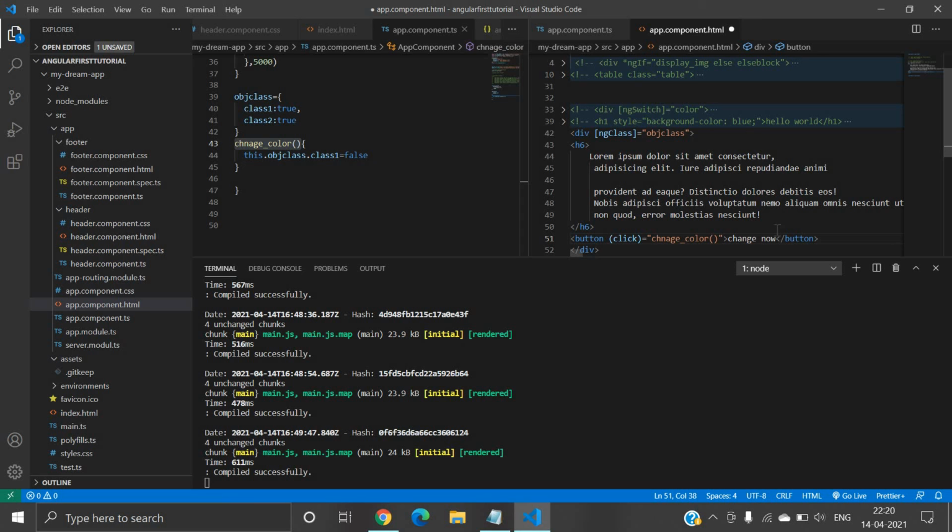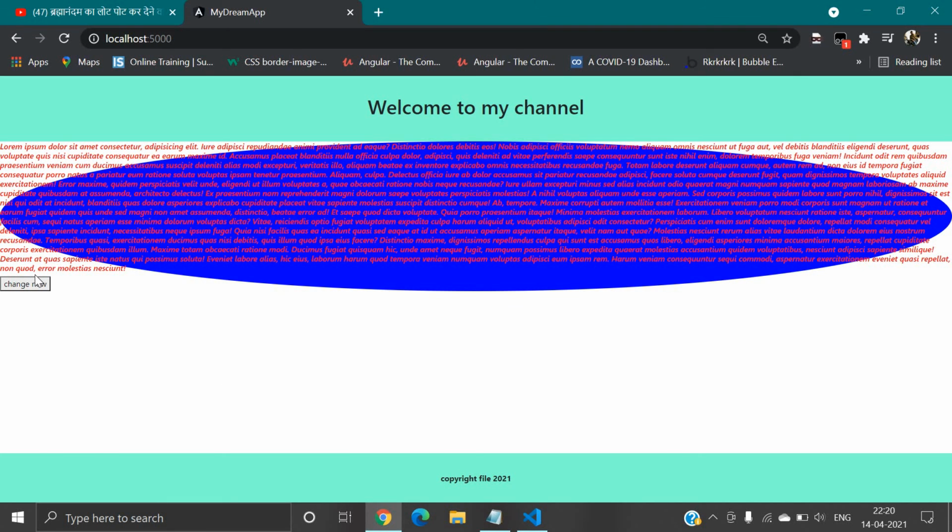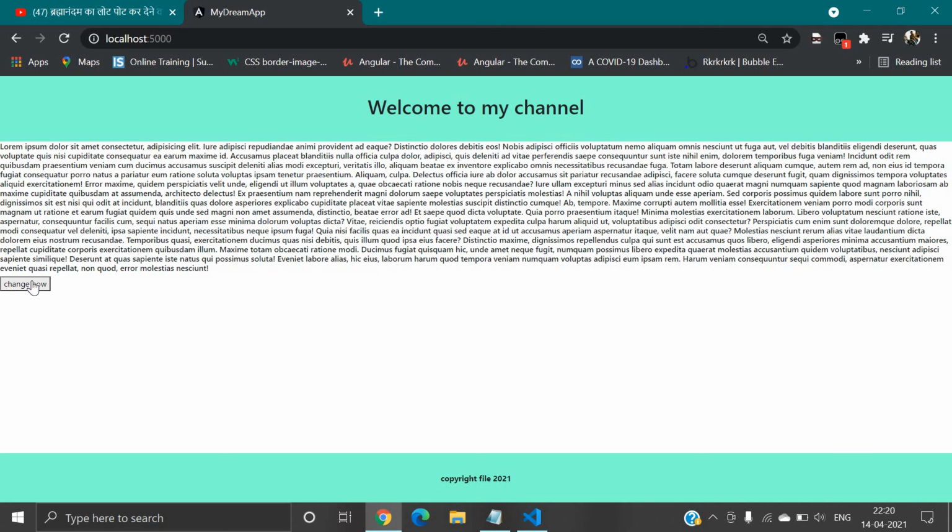Again I will save. Whenever we click on this button, you can see that the data will be changed. So this is a very basic way of doing it with the help of ngClass.